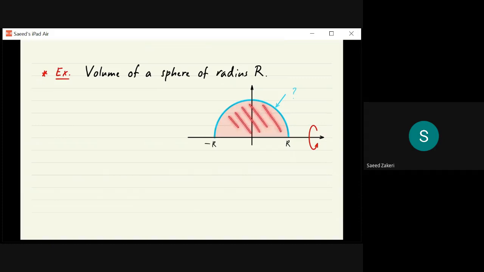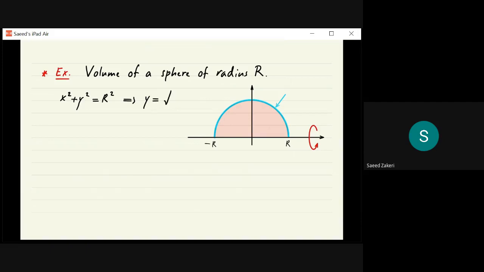But this region, this half disk, is the region under this graph. If only I could find the formula for this graph, then that would be my f of x, and then I could use the formula for the volume of a solid of revolution using this so-called disk method. So it all boils down to finding the formula for this semi-disk, and that's very easy, because if x squared plus y squared equals r squared is the equation of the circle of radius r centered at the origin, if I solve this for y,